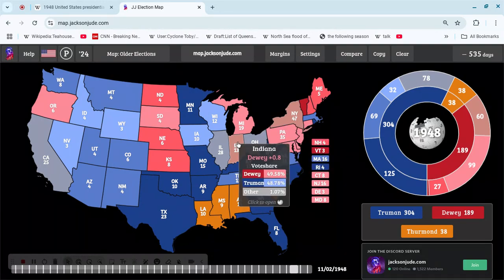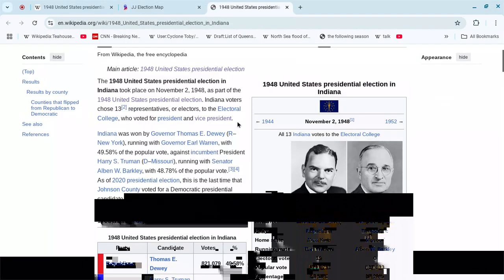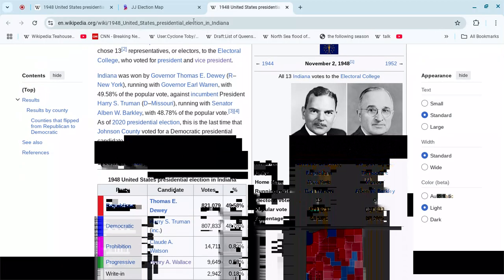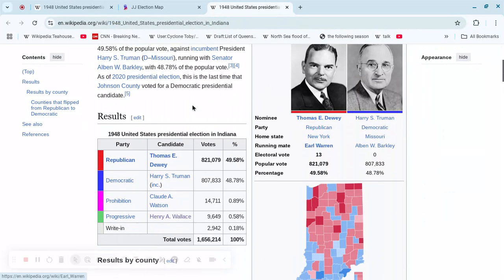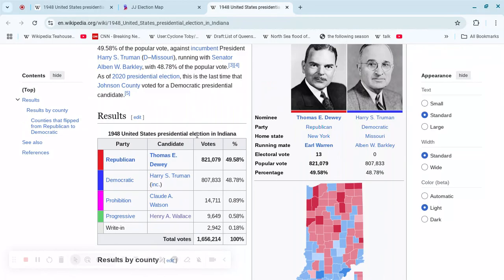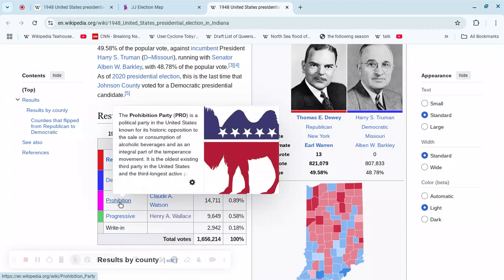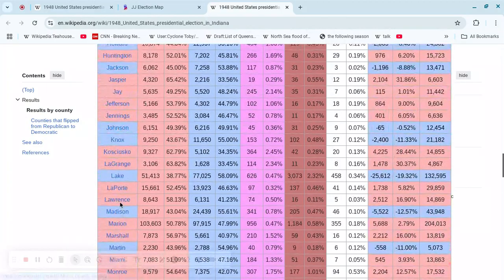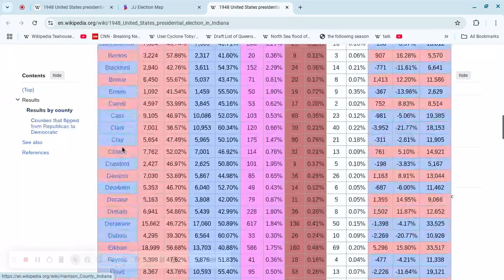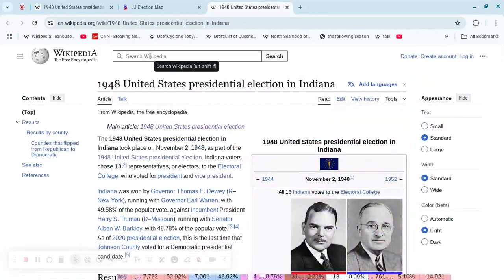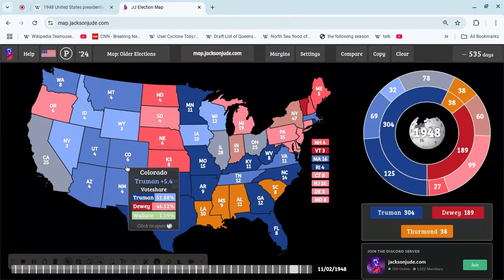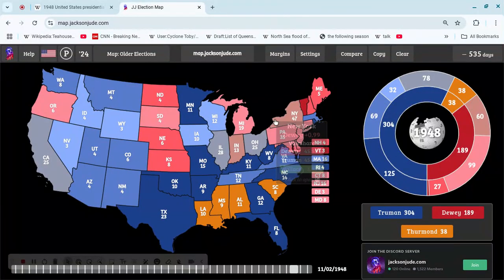You know, I actually want to look at Indiana. No, he didn't win enough in Indiana to overcome it. You had the Prohibition Party that actually had some support. That actually got more support, but I don't think that that is really a party that we should be analyzing. So we won't. Anyway, going back to the Henry Wallace thing.